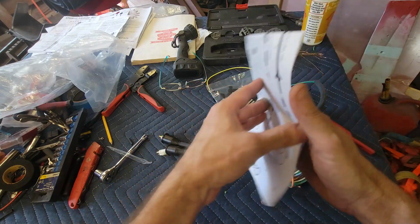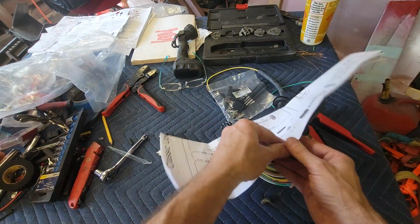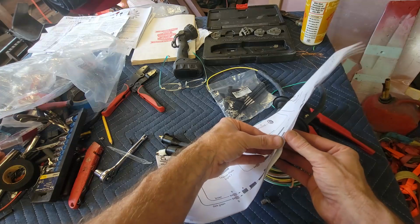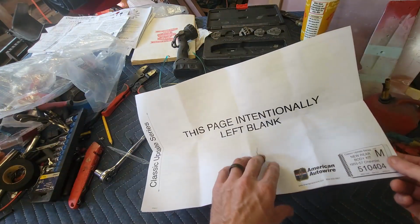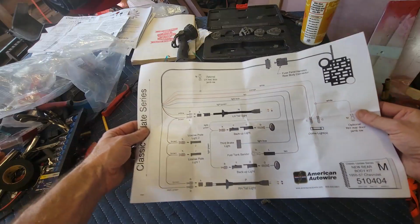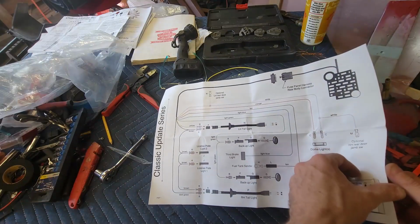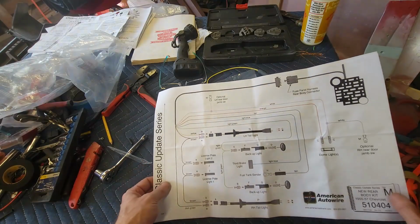One of the things about these terminal ends, you'll notice each one of these bags I've opened up, a lot of them are going to go in the cab underneath the dash. Let's see, on page one. All right, so that's its diagram. And in this circuit, let's see,